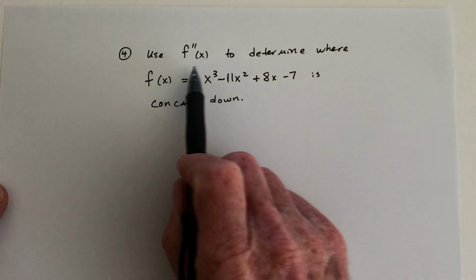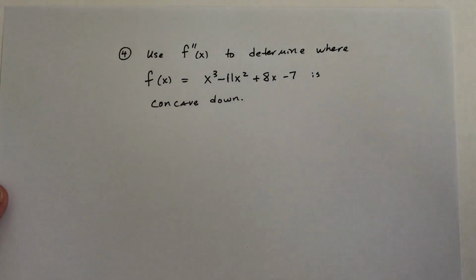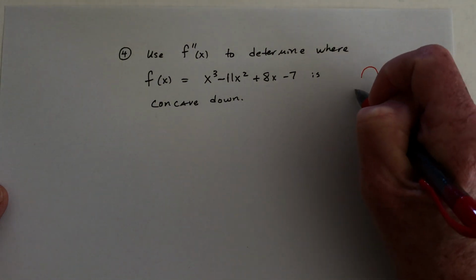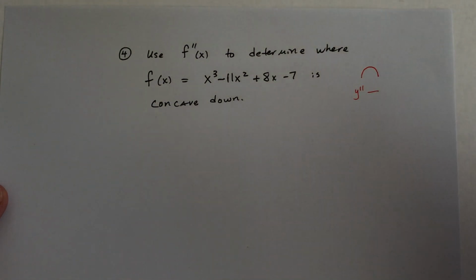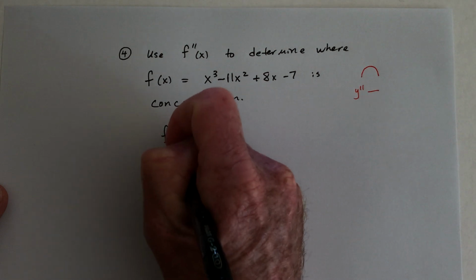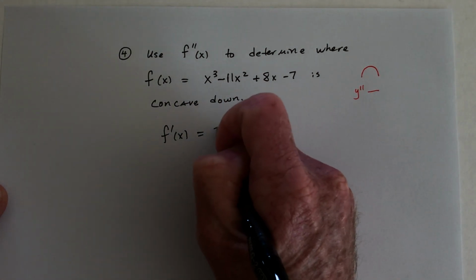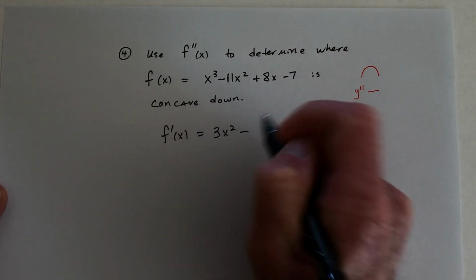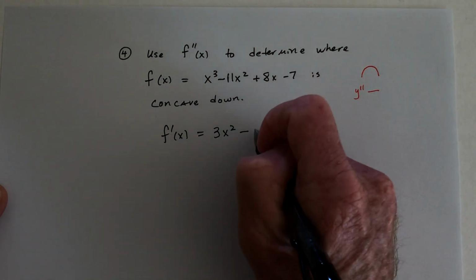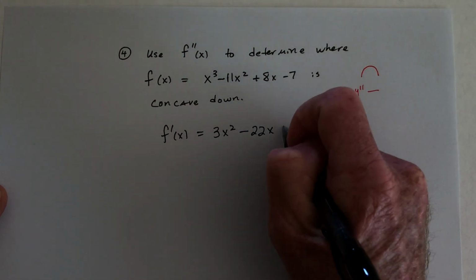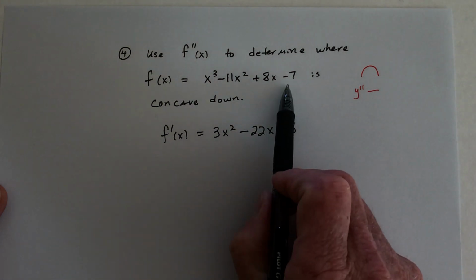So use the second derivative to determine where the function is concave down. So essentially, concave down looks like this. It also means that the second derivative is negative. So we need the second derivative. But first things first, the first derivative. So just use the power rule on each one of these. It's going to be 3x squared. And then 2 times 11 will be 22x. The derivative of 8x is just 8. And the derivative of a -7,